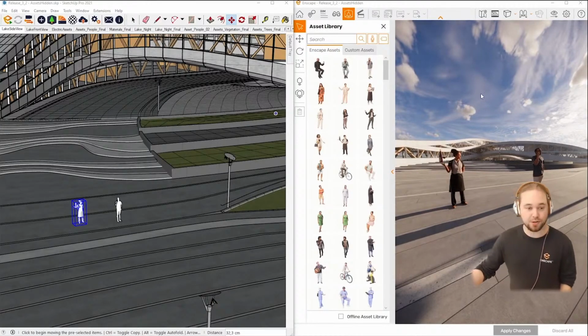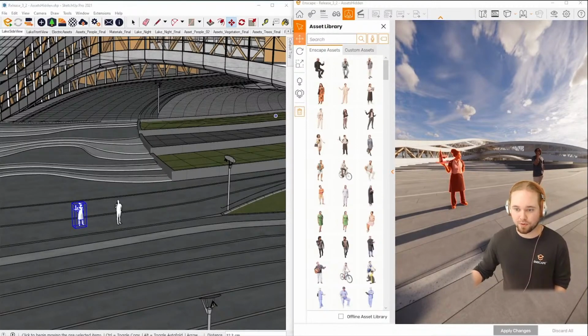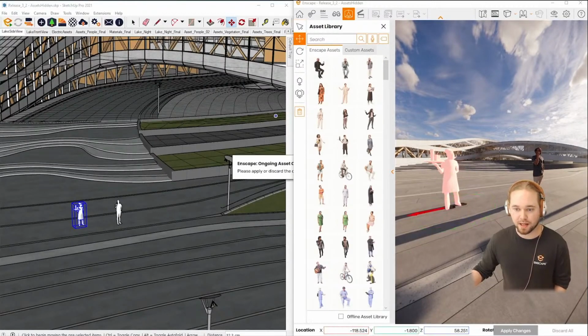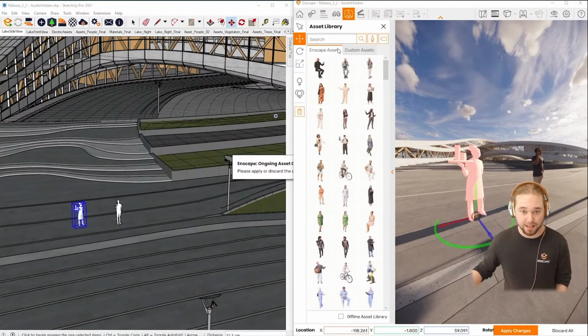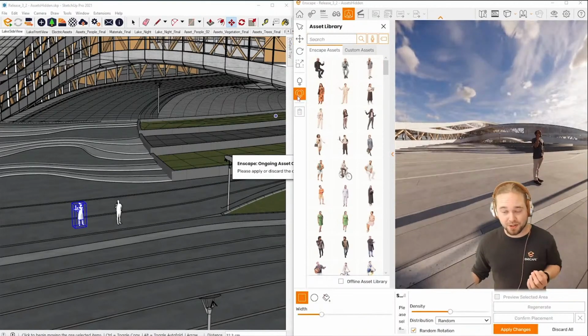Now, I told you you can also edit those assets straight away in Enscape, so you can pick them, move them around, scale them, rotate them, and delete them if you want to. Once again, we'll have a look into this in a second. And you can also, and that's some additional functionality that we've added here, mass place assets.